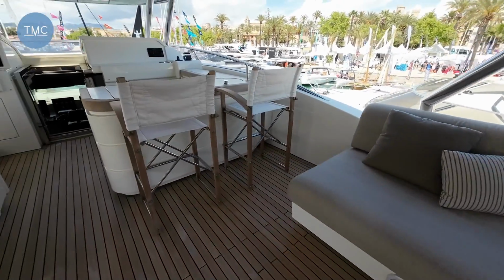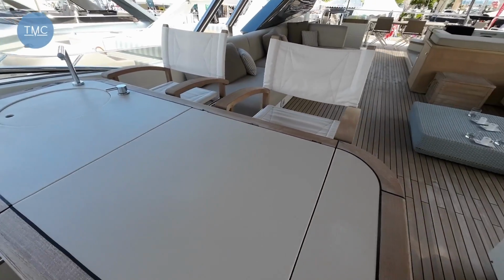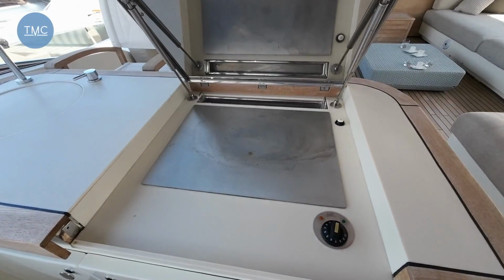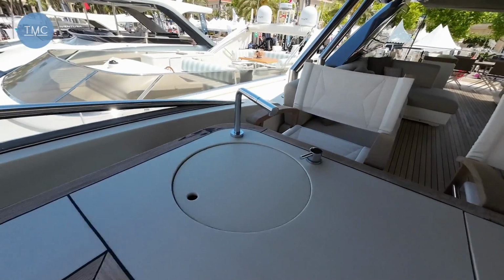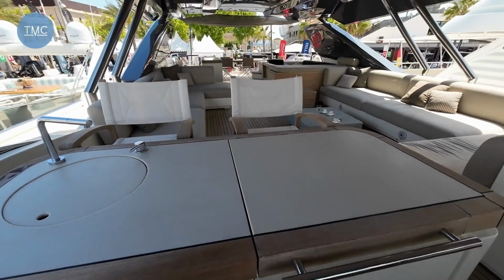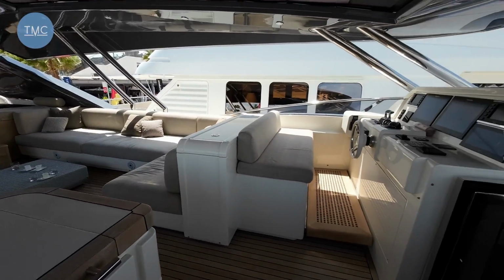And then our 4th area, as I describe it, is this bar area, bar/kitchen area. So a couple of high level director chairs there. And if I lift this one up, got our hot plate here for grilling our prawns or sea bream or whatever we've got. And then under here we've got our sink. I wouldn't mind being a barman on a boat like this. What a lovely view. That's zone 4, and then zone 5 is our